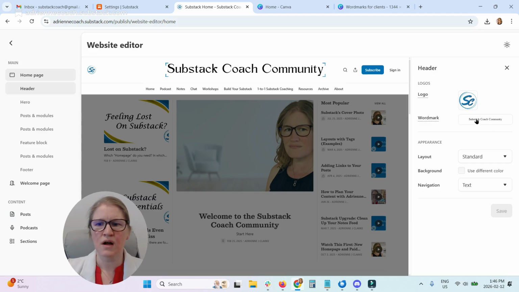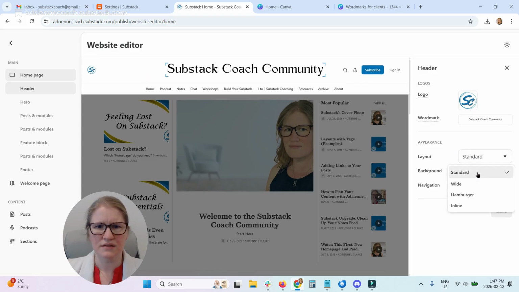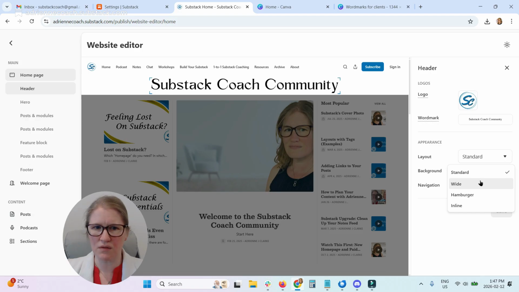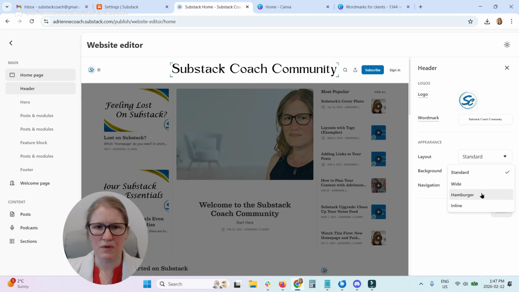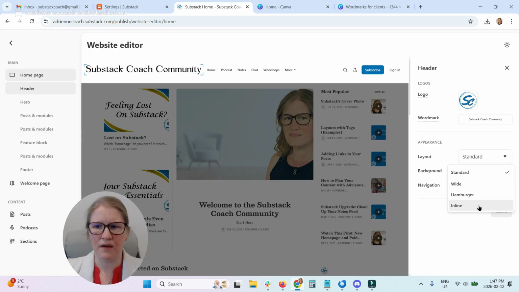So I have my logo, I have my word mark. I can change the layout here, so I can do a wide. So it starts with standard, where the menu options are beneath the word mark. Wide puts the menu options above. We can do a hamburger, and then all of your menu options are now in the hamburger menu beside your logo. And then we can do inline, where the word mark kind of squishes over and the menu options go beside it,